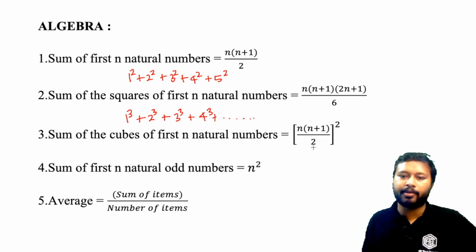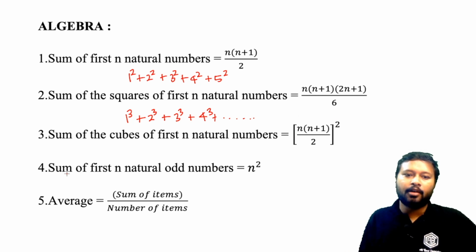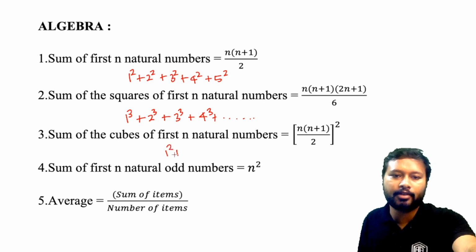So it will be like (n+1)/2 whole squared. Okay, so that's what the formula is. Sum of the first n odd numbers will be n squared. Okay, so the sum of odd numbers you can simply find out by n squared, sum of the first n odd